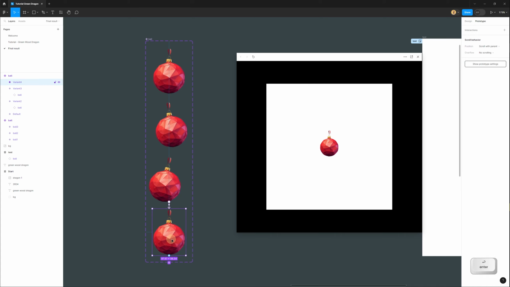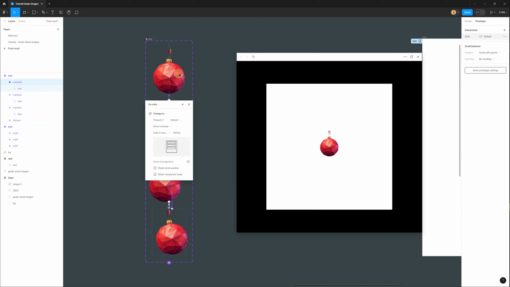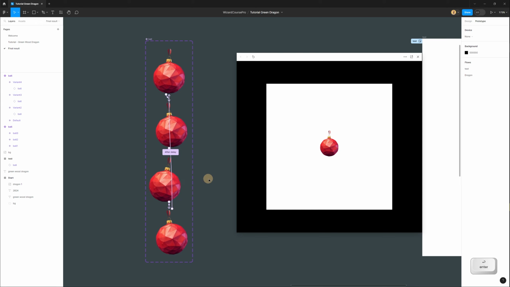And after this step I need to go to the first variant. So I select the component, move counterclockwise, then select the variant and connect to the first variant in this component. Settings will be the same. After delay 0 milliseconds, smart animate, easy in out, duration 500 milliseconds. Now I can check this animation, go to window preview mode, reload, and when I hover we will have this